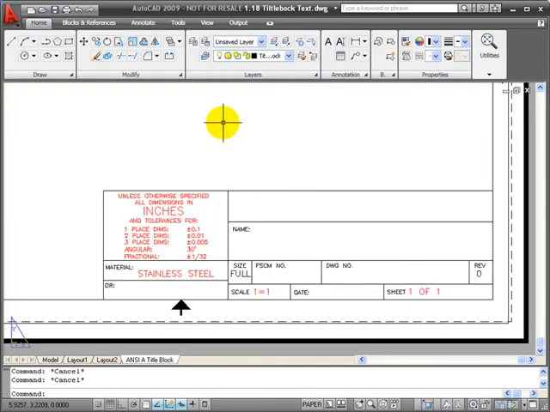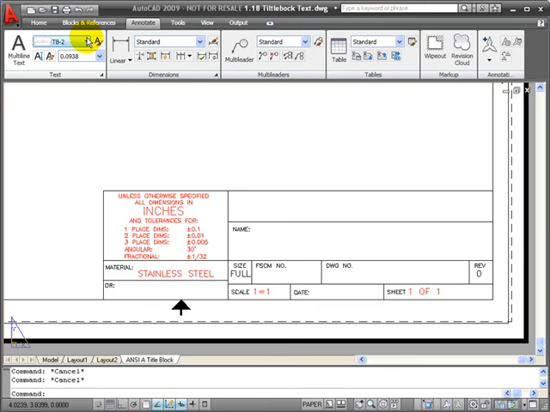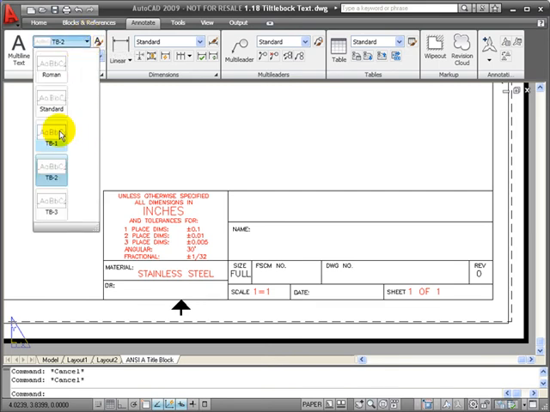Let's look at an application for text. Here I have a title block and I want to enter some single lines of information. When I set up to do text, my best practice is that text should be on its own layer. Also, I should have some text styles in my drawing that I can choose from so that I can uniformly format my text. I'm going to go to the Annotate tab, and from my text style drop down I can see that I have several different styles. I'm going to choose TB2